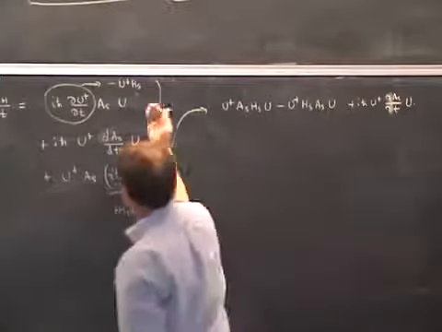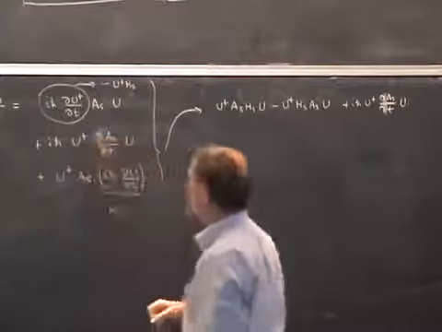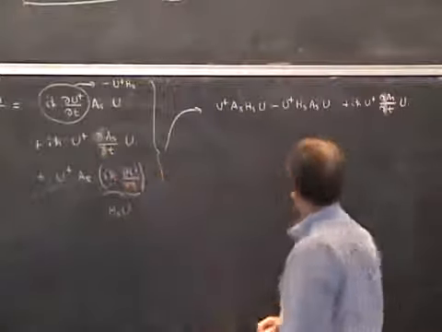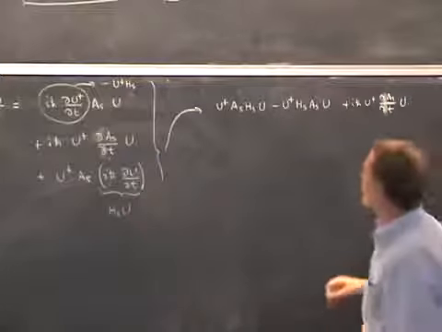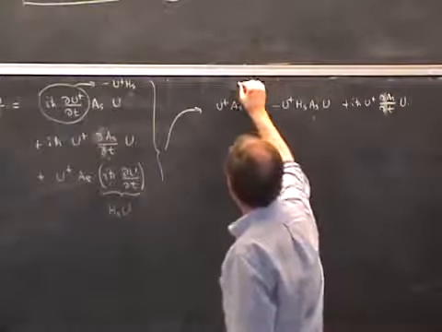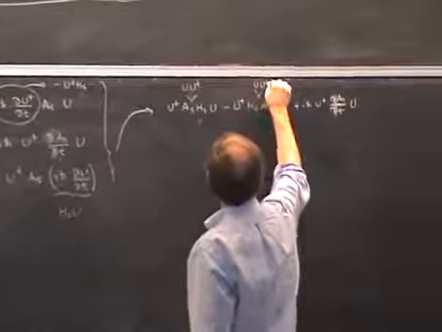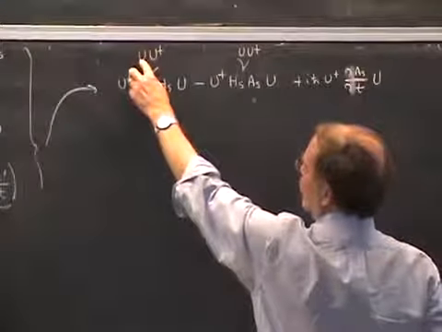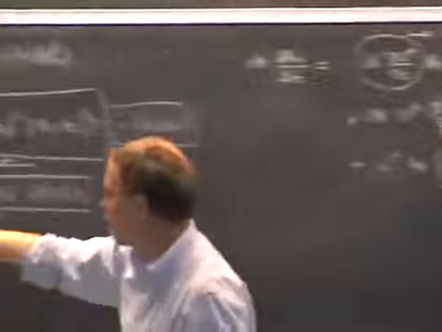I guess there's a question of style as to whether I should use straight or partial derivatives in this, but it would be better if I use a partial derivative there. In any case, these are the three terms. Now, in these first two terms, let's make an insertion of U times U dagger, which of course is just the identity. But we do that because then we see the combination U dagger A Schrodinger U and U dagger H Schrodinger U, which is the rule for converting from the Schrodinger to the Heisenberg picture.